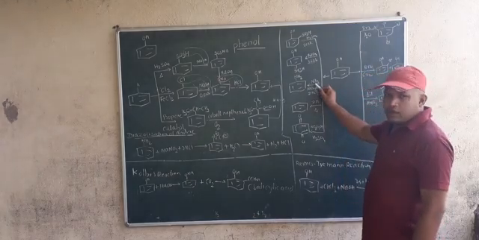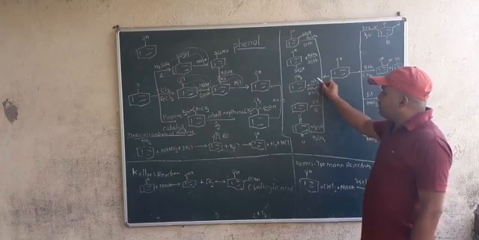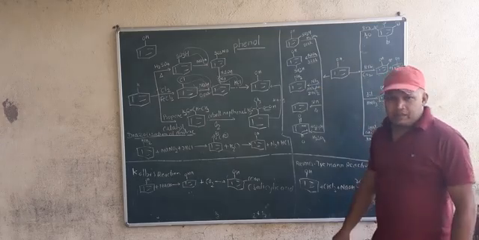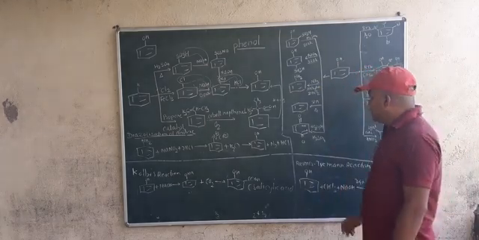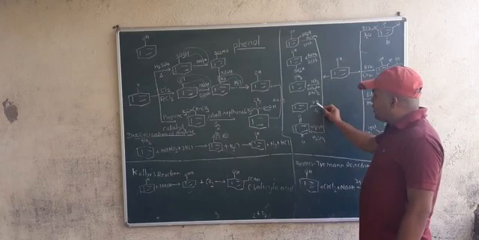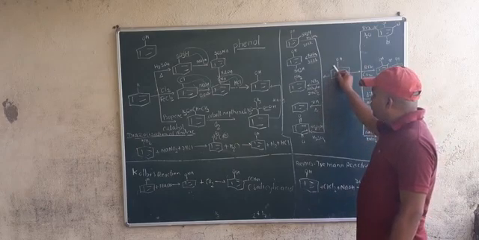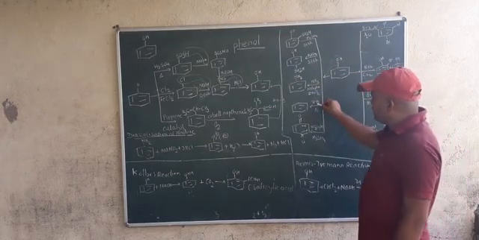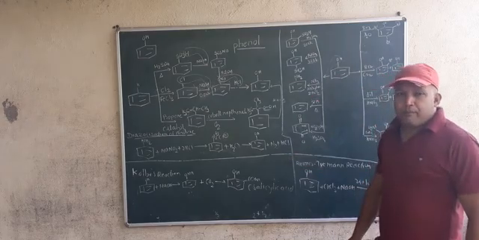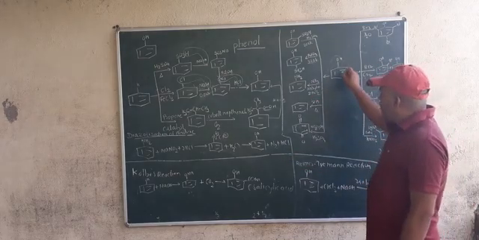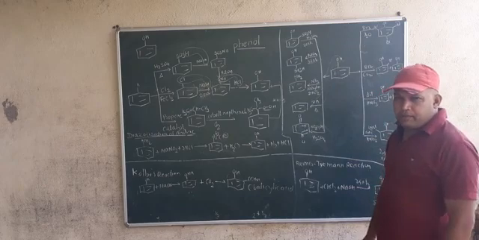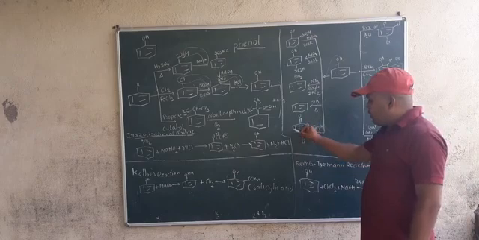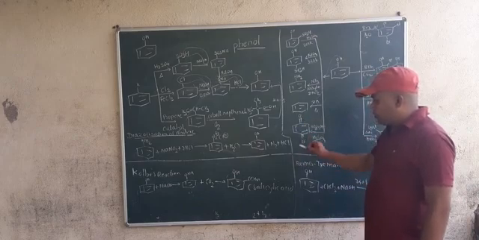Then treating with ammonia, NH3. From here one hydrogen, from here OH, water will go out and you will get aniline. Okay. Now, if phenol is treated with zinc, zinc has great affinity towards oxygen. So zinc will remove this oxygen and you will get benzene. Okay. Now when phenol is treated with sodium bicarbonate, you will get this product.